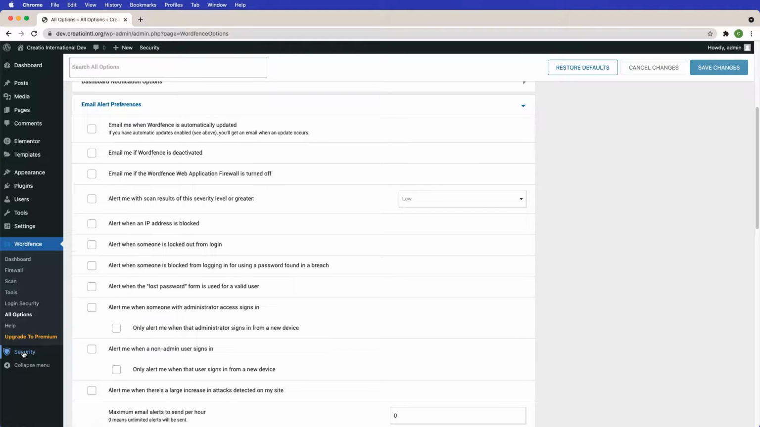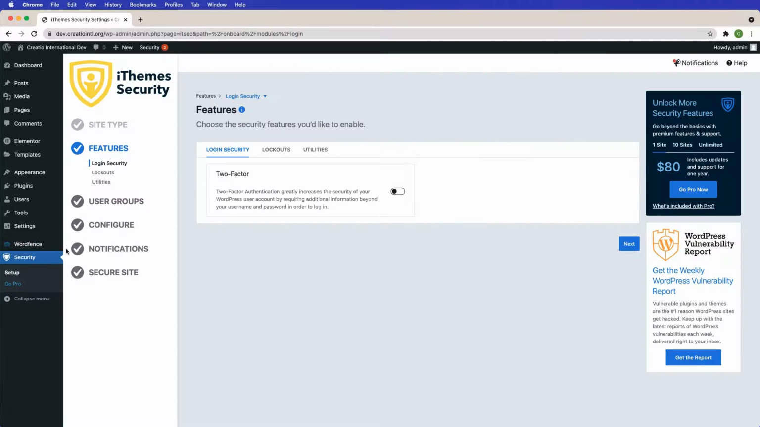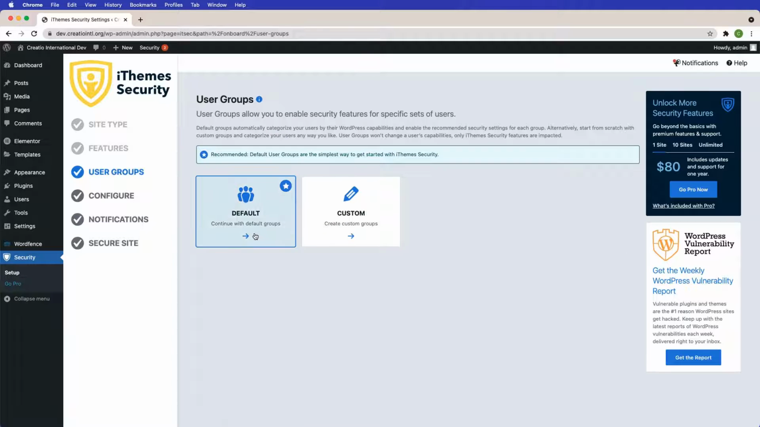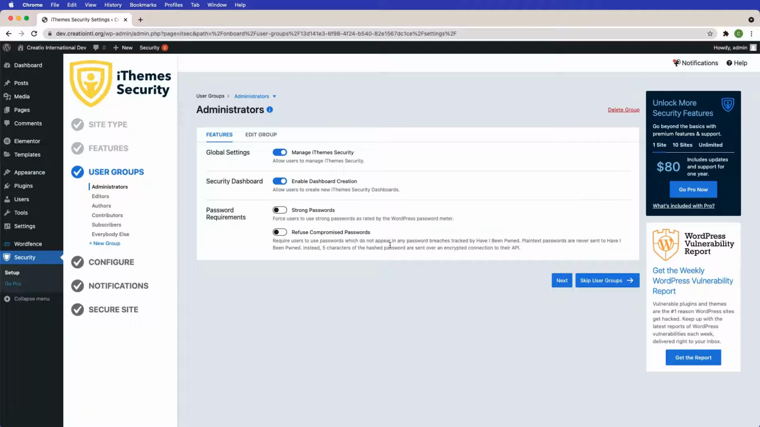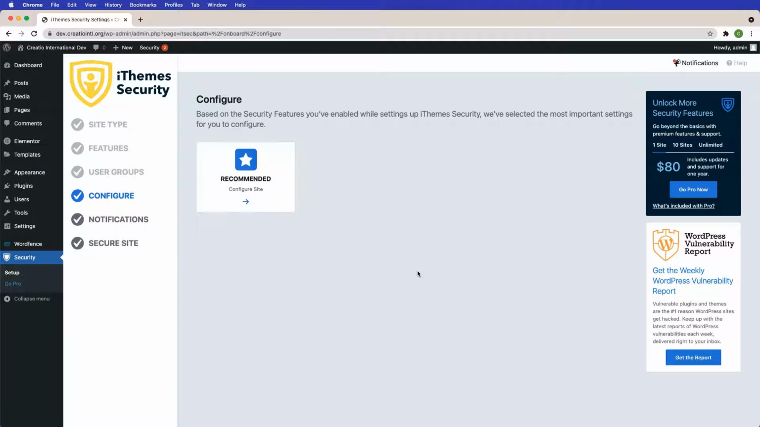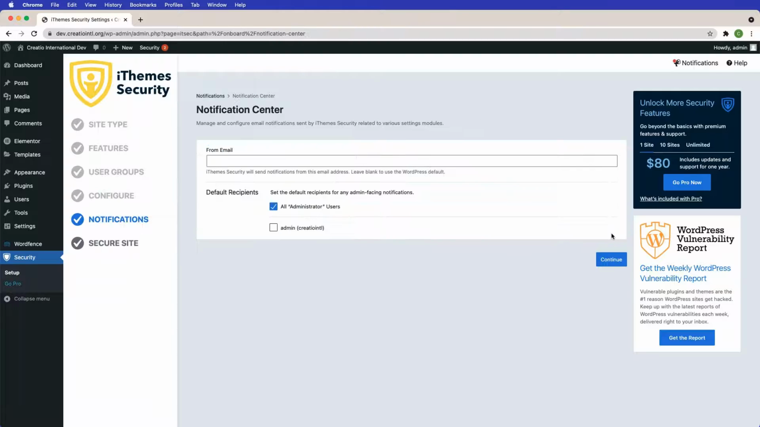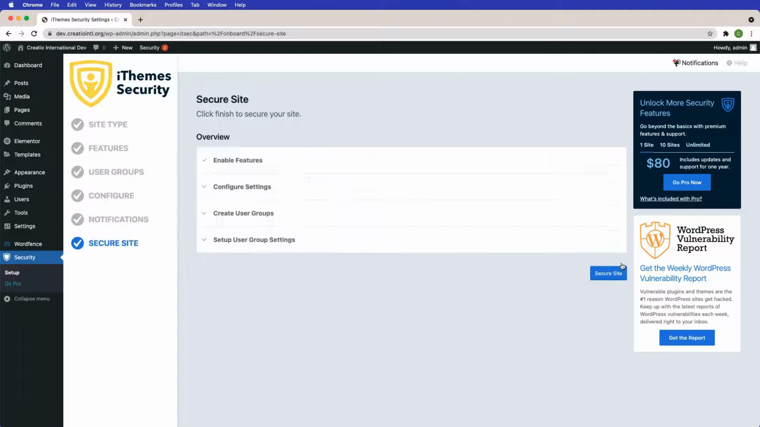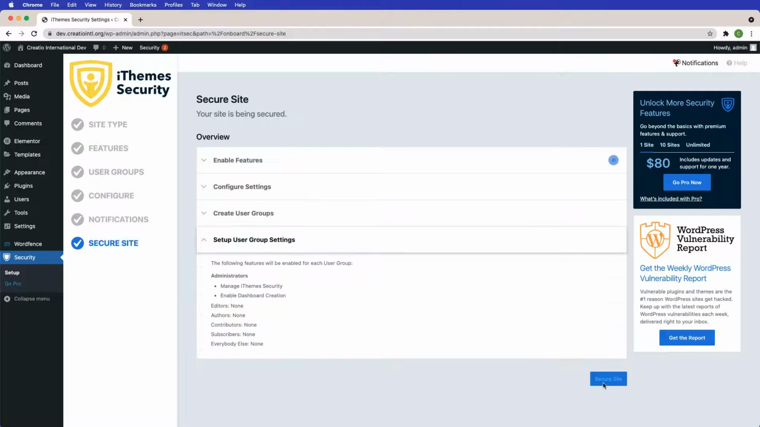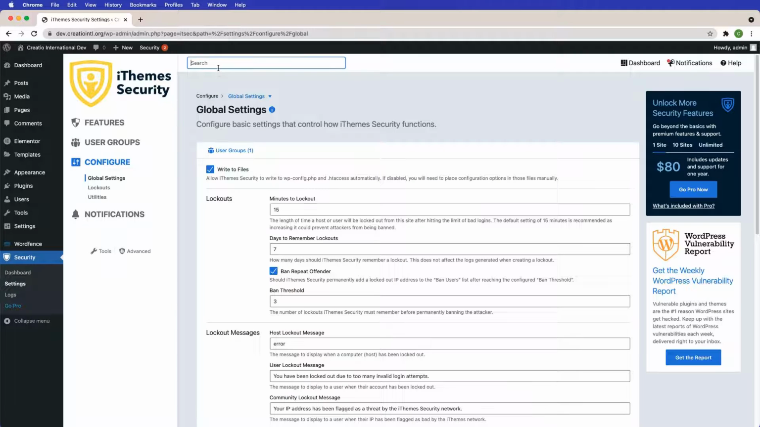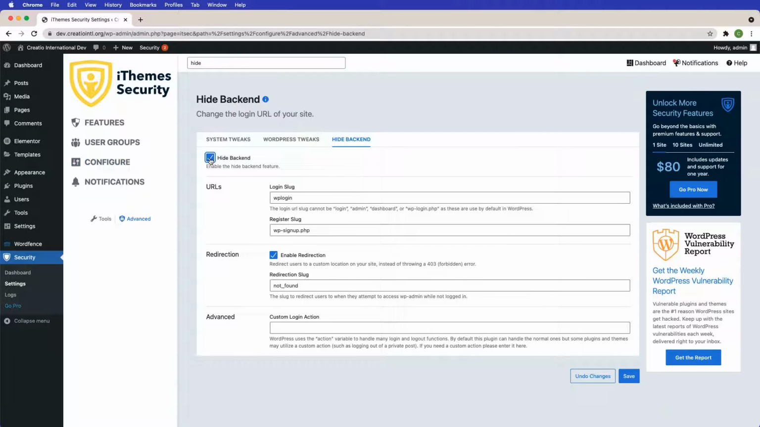And then for the security, can I just go next? Yep. Continue with default. Okay. Yep, let's go with recommended settings they walk you through. Secure the site, and then let me just search for it. Hide the backend, and then